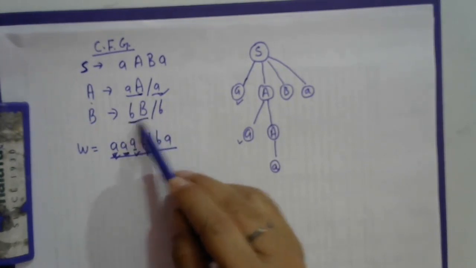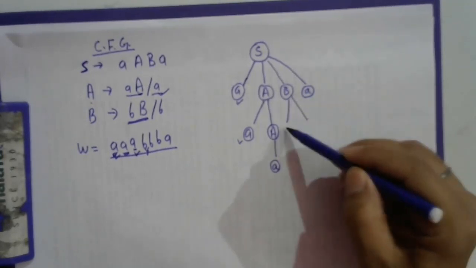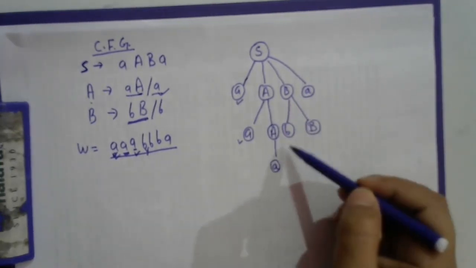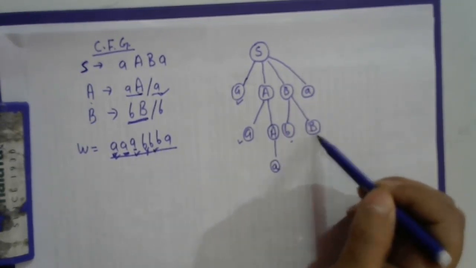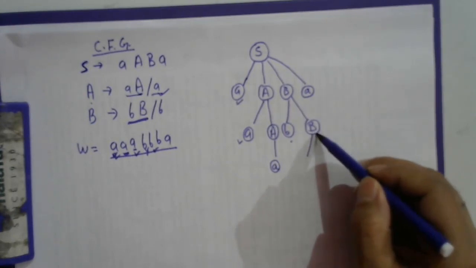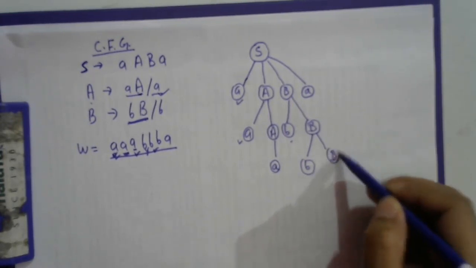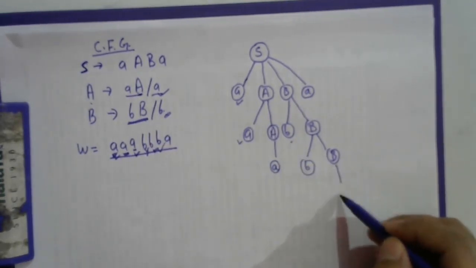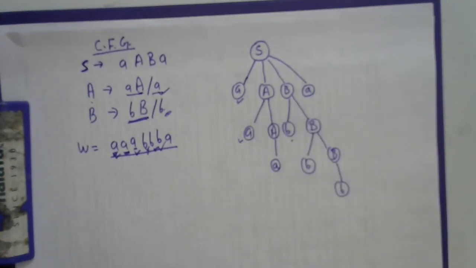Then we can use the second production, B tends to B and B. Then we are getting B, and we are getting B. Then we get the next leaf node as B. Then we require further B, and again further B. Then again you can replace this B with the next production, symbol B in capital B. And for the last, there is only a need for a single B, so you can replace it with a single B here. Every internal node has the variables, and the leaf node has the terminal symbol.